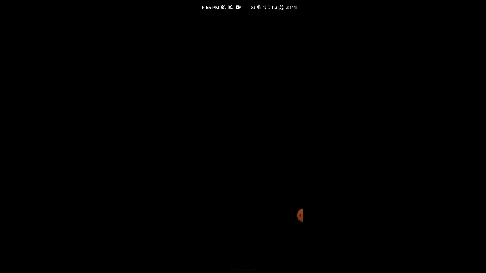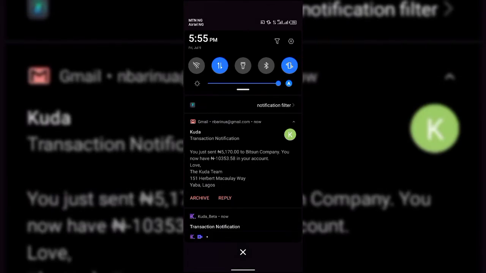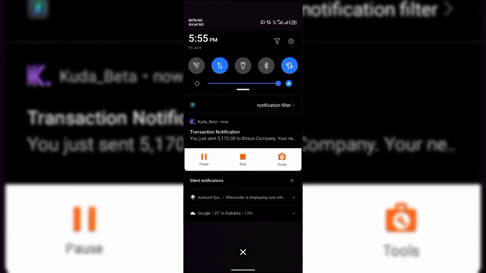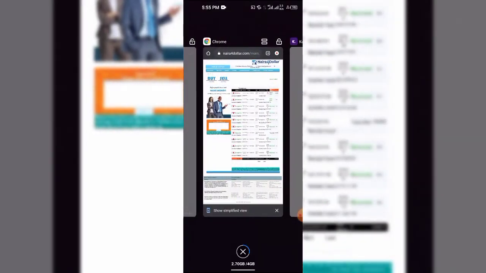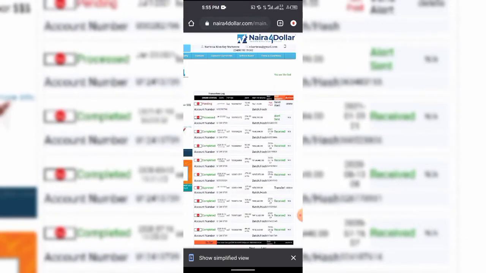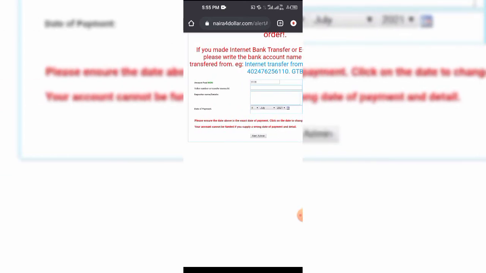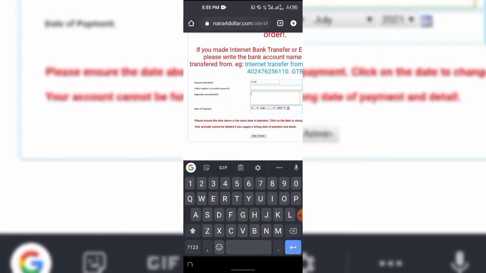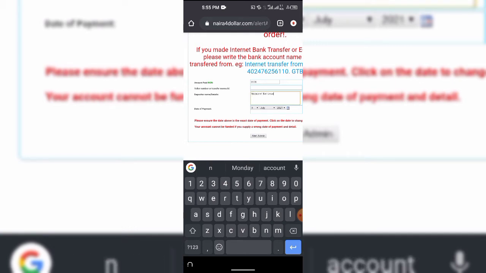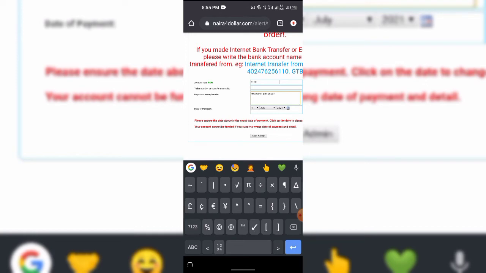Whenever someone makes a transaction like this, you can see I've just made a transaction. What I will do right now is go to this Naira4dollar here and scroll, and you see there's a button right here that says send alert. Don't click delete. I click send alert, and now what I need to do here is, I don't have all those deposits. I can just put from Kuda account,